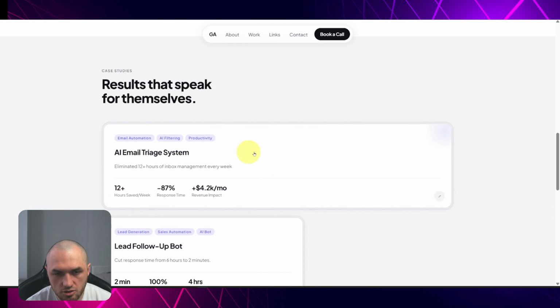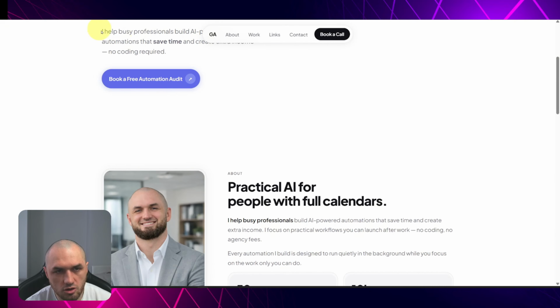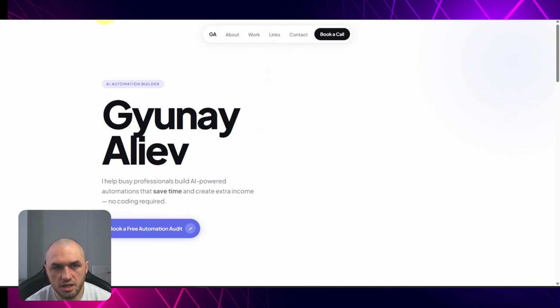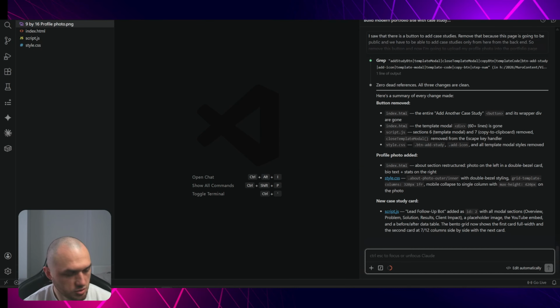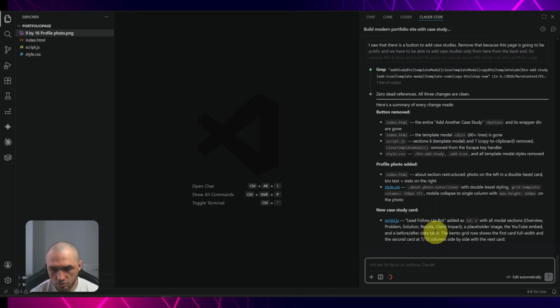And everything else on the webpage is the same because it is on localhost, so it is on our machine. How are we gonna make it public so everyone can see and we can share our portfolio? Now you remember that we have made this new folder in GitHub. We just copy it, go to Visual Studio Code, and now we will say to Claude, now I want to